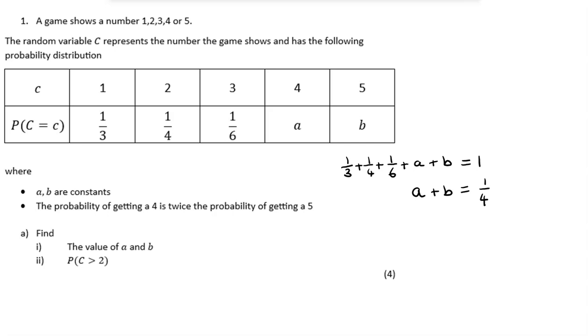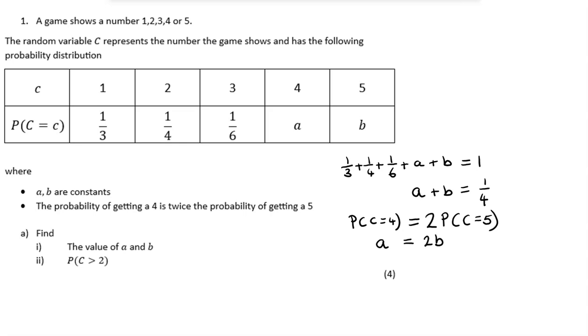What this means is, let's use some of our notation here, the probability that C equals 4 is twice the probability that C equals 5. Okay, now the probability of getting a 4 is A, the probability of getting a 5 is B, so